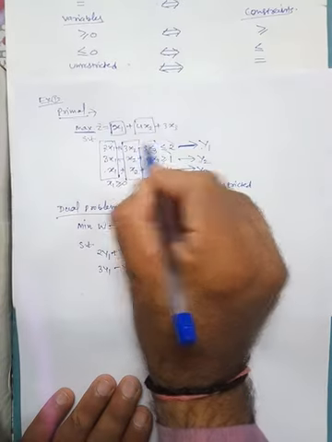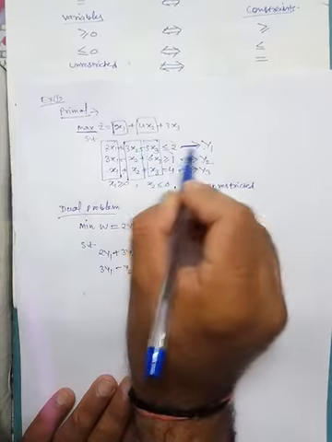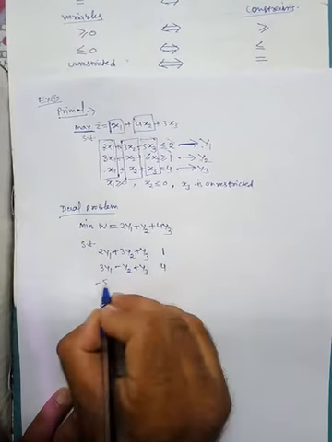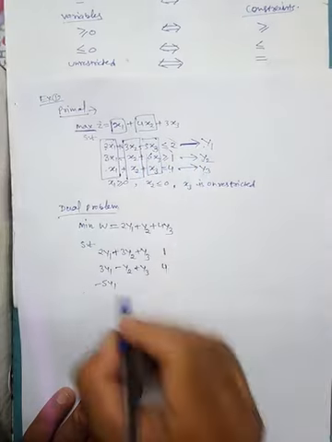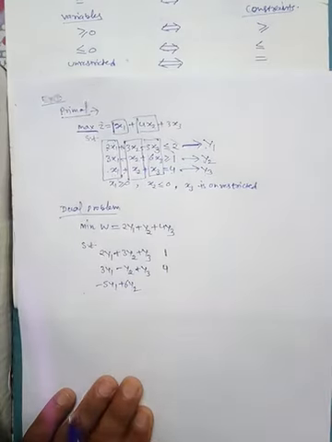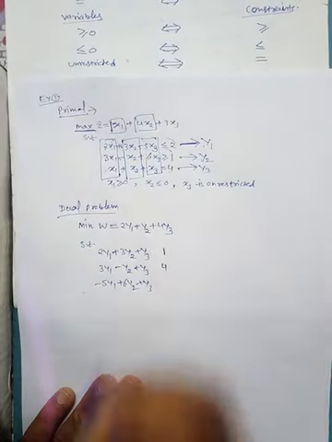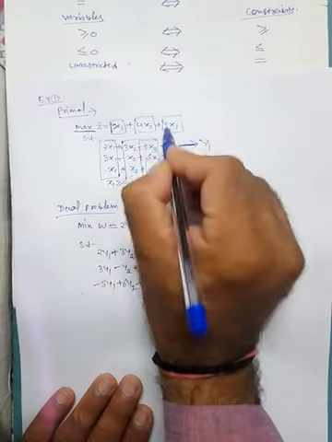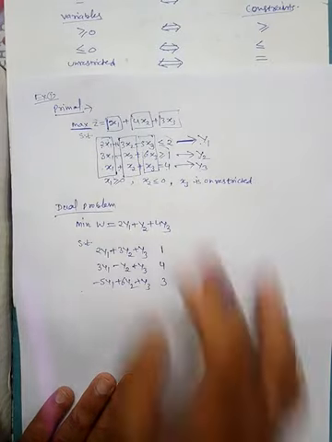Now for the third, x3: minus 5 into y1, so minus 5 into y1. Then plus 6 into y2, plus 6 into y2. Then 1 into y3, plus y3. And the right hand side is associated with this positive 3, so 3. Fine. So this is our,